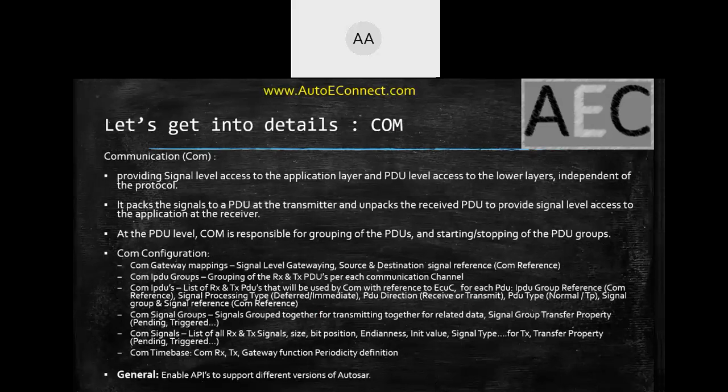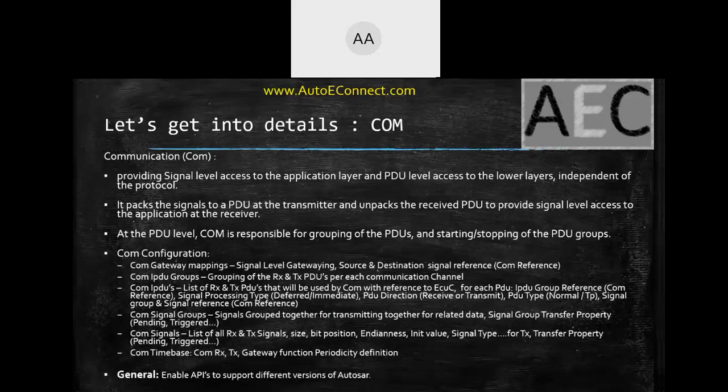So until it comes to the COM, every communication is over a PDU, and only inside the COM module is the data distributed at a signal level. Segregation of the data from the PDU level to the signal level is done in the COM, and it provides signal level access to the application layer or the RTE. If you want to read one particular signal in all the previous layers, you will see that the complete PDU is being transmitted. Whereas in this case, you have the possibility to access the respective particular signal from the COM.